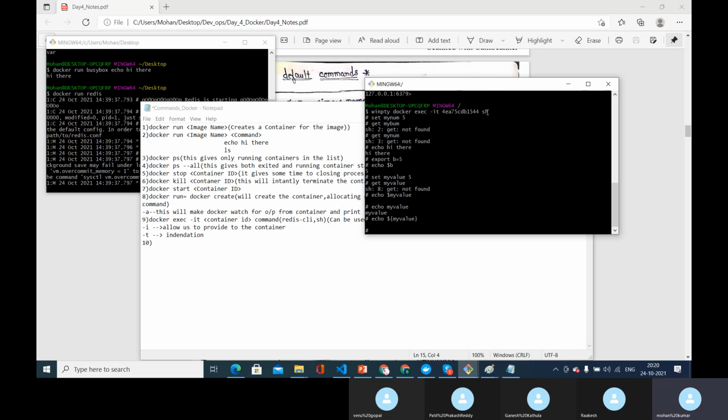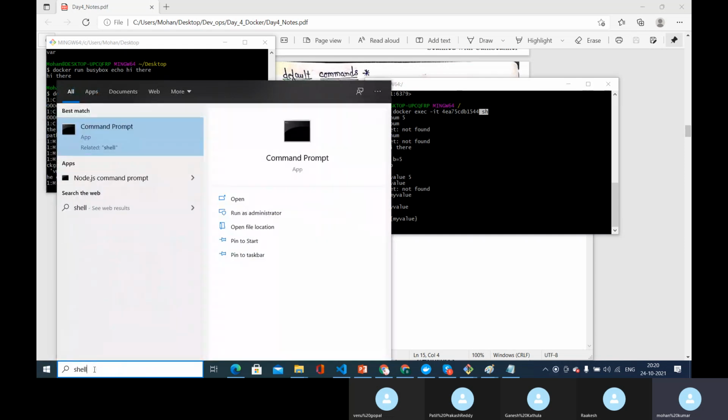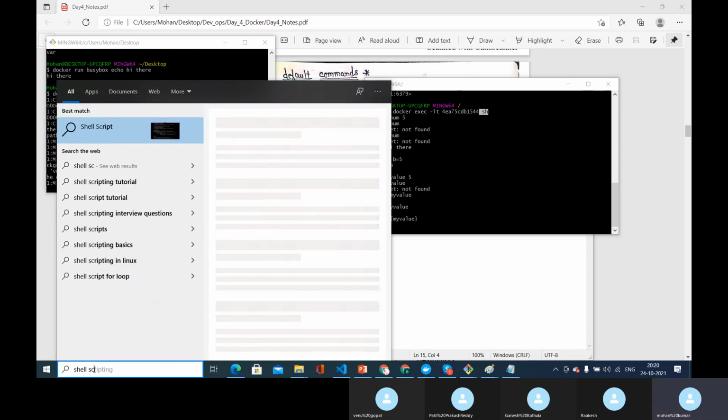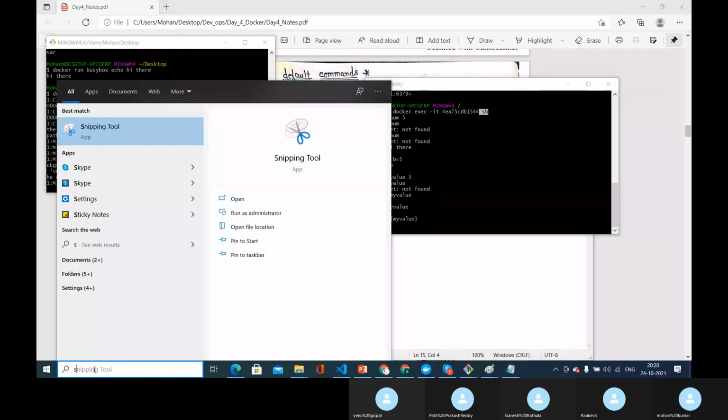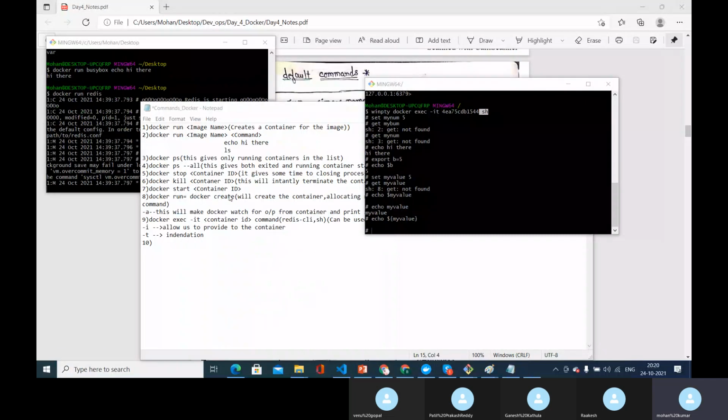Let's see, this opens the shell of that container. sh is a program executed inside that container. sh is a command processor or shell that allows us to type commands in and have them executed inside a container. This is something like the shell command. Among shells, we have the command prompt, which is different, and we also have shell scripting, and Windows PowerShell. So this is something different.